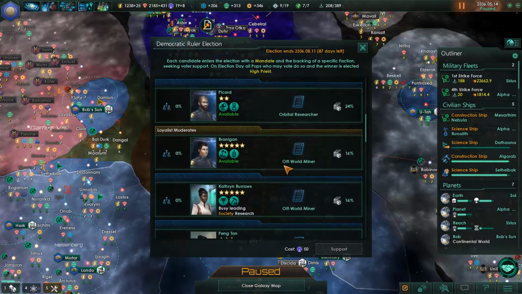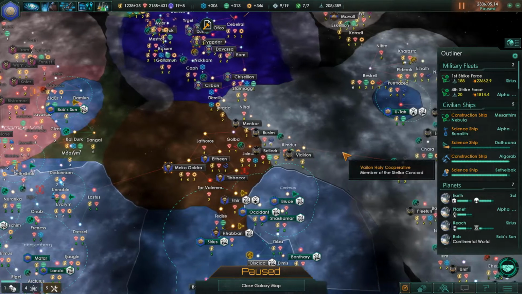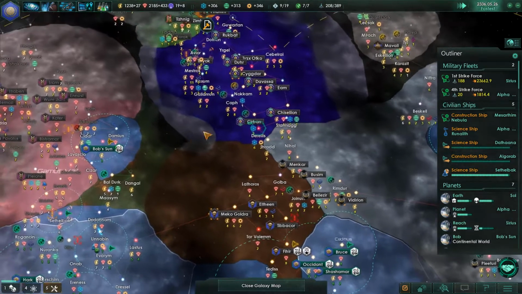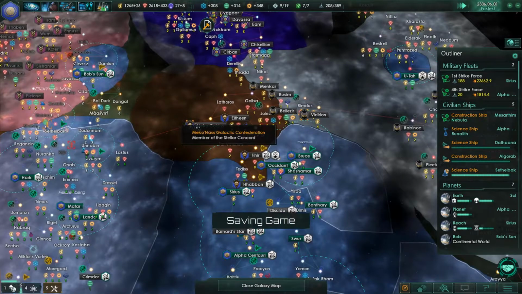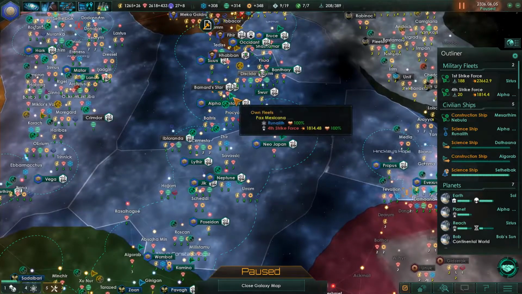Let's see. So it's basically between Picard and Miriam. Well, I wouldn't mind having Picard be our grand and glorious ruler. I don't really care for the orbital research mandate, but it's okay. Also, that's the big problem with sectors apparently building their own...